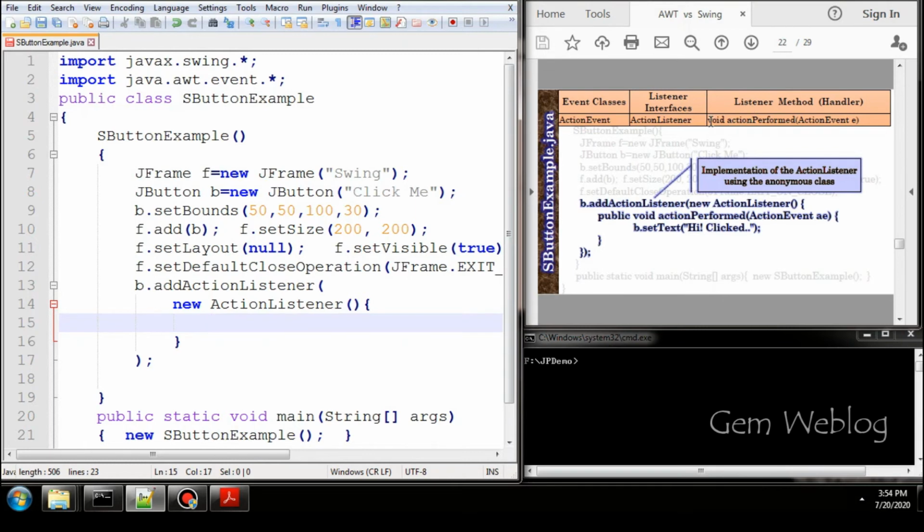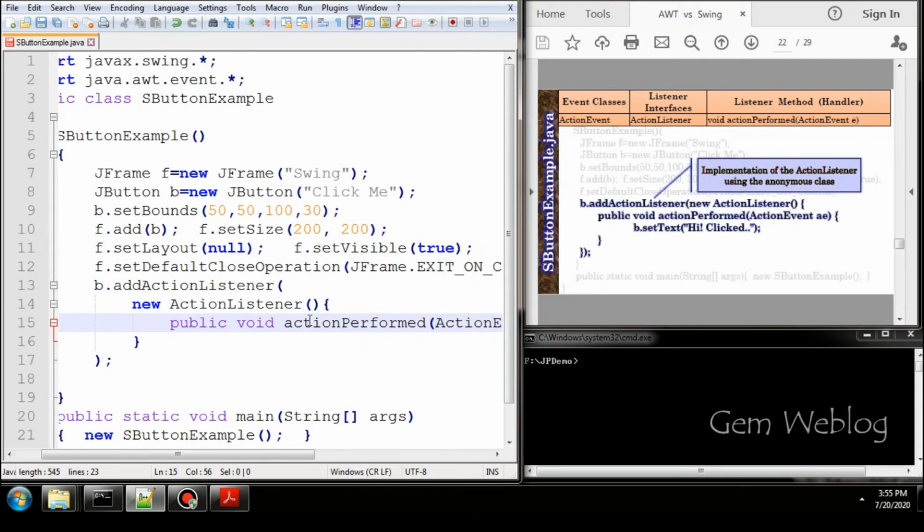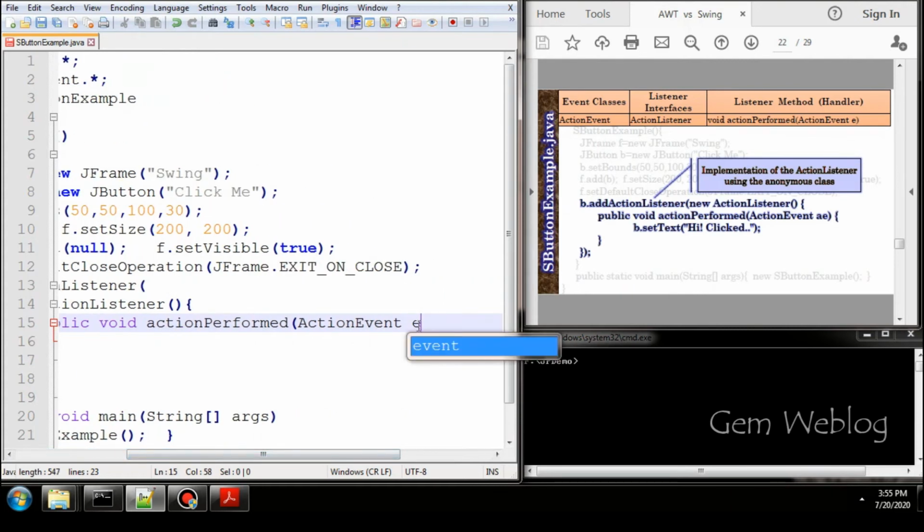Which method is available? The void actionPerformed method. So I have to define the method void actionPerformed, which receives ActionEvent e.